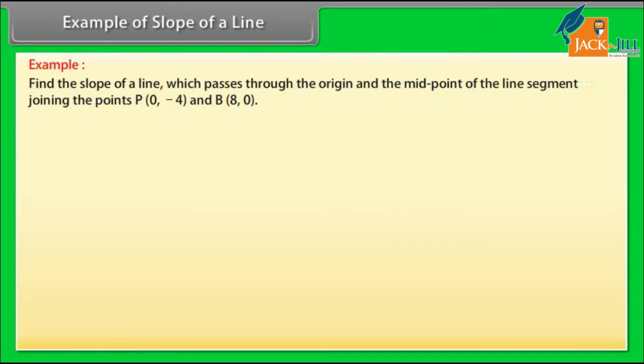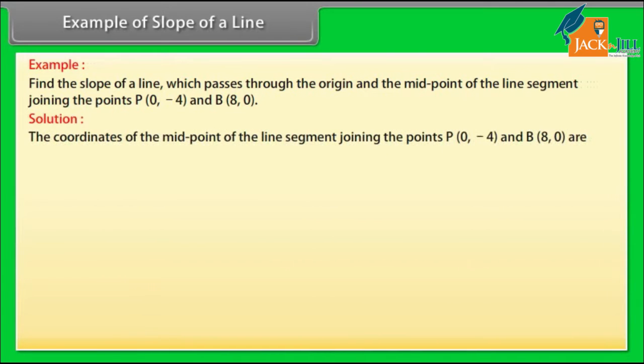Examples of slope of a line. Find the slope of a line which passes through the origin and the midpoint of the line segment joining the points P(0, −4) and B(8, 0). Solution. The coordinates of the midpoint of the line segment joining the points (0, −4) and (8, 0) are